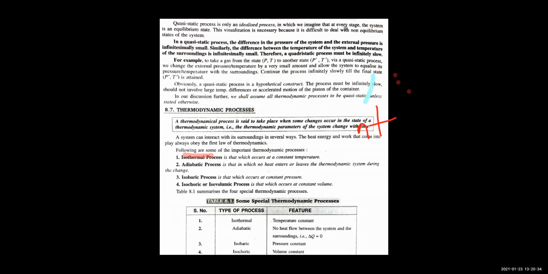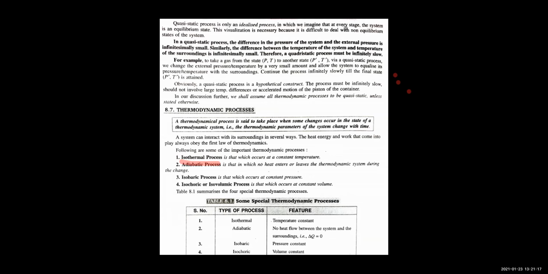Next, let's talk about the adiabatic process. So adiabatic process is the process in which there is no exchange of heat taking place. Means there is no exchange of heat between the system and the surrounding or between the surrounding and the system. Right? So an adiabatic process is the one in which the pressure, the volume and the temperature of the system will change, but there is no exchange of heat between the system and the surrounding. So that is your adiabatic process.